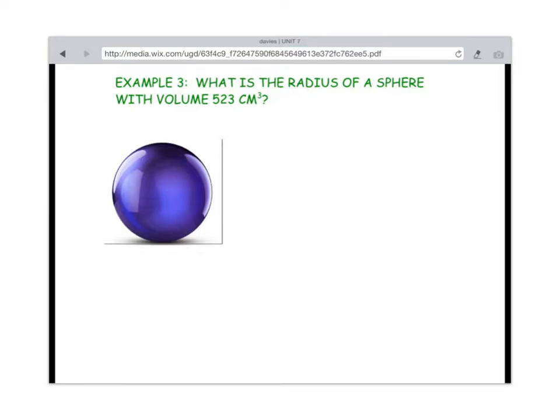This next example is a really interesting one because what they're asking us to do is actually work backwards. You notice that they started by telling us that the volume is 523 cubic centimeters. So if we already know the volume and we have a formula for volume,